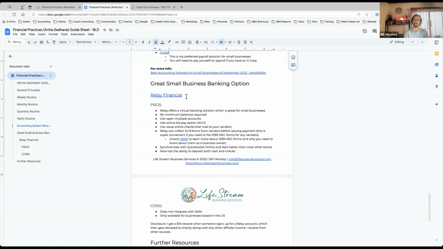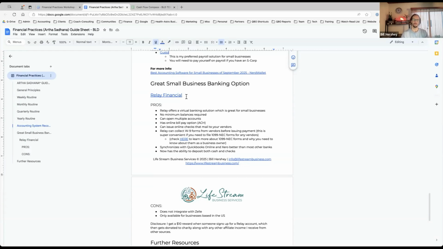And what's cool is there's a feature in there that allows you to collect a W-9 form from some of your contractors that you're working with, so that they don't necessarily have to send it to you in the mail or by fax. And you can get it right when you're paying them that first time, so you don't have to chase them down later in the year for it. But it also synchronizes well with QuickBooks Online and better than most banks. So in other words, in those softwares, there's what we call a bank feed, where you can basically download every transaction.